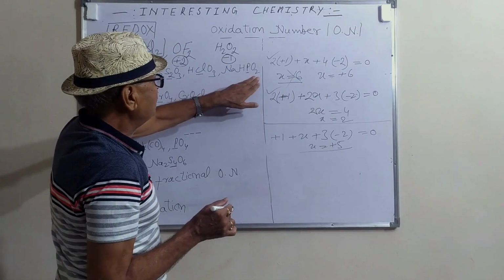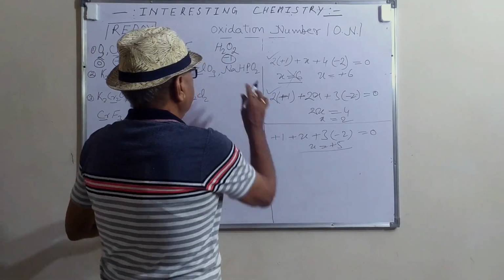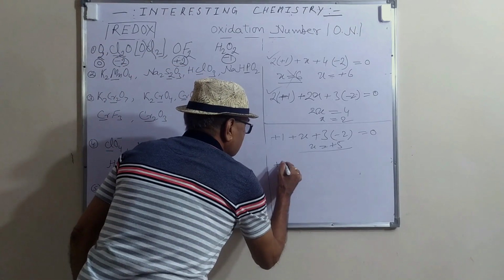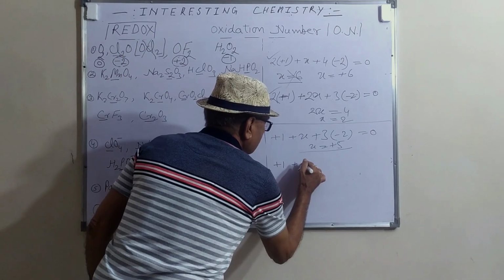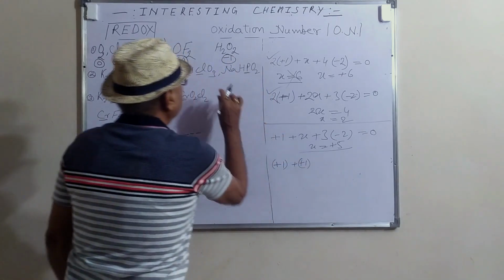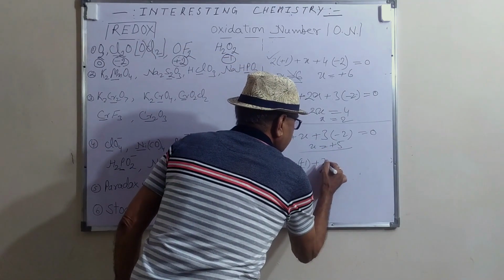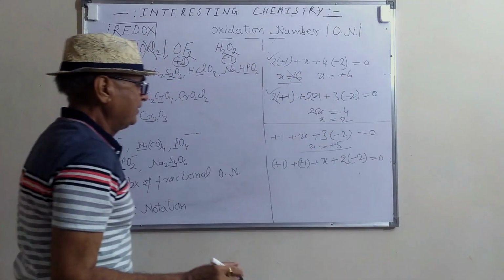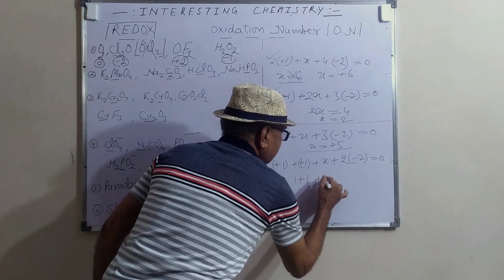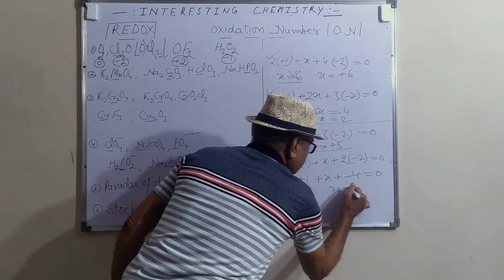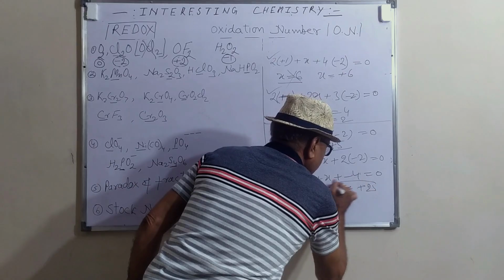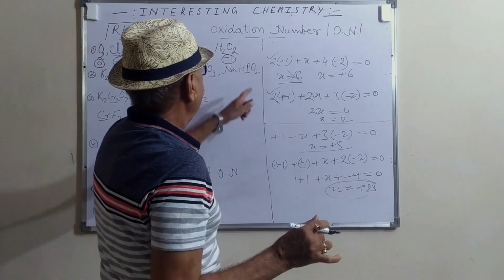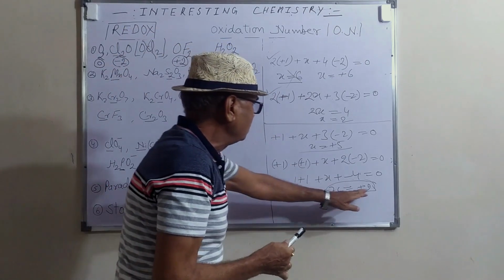And here NaH2PO2, sodium hypophosphite. Here again, what is the oxidation number of phosphorus? Plus 1 for sodium, plus 1 for hydrogen, plus X for phosphorus, and O2 into minus 2 is equal to 0. So here 1 plus X minus 4 is equal to 0. So X is equal to plus 2. This is the oxidation number of phosphorus. So again,